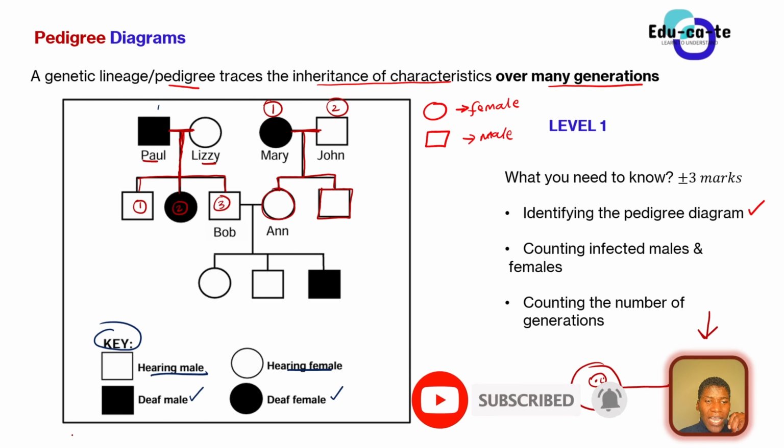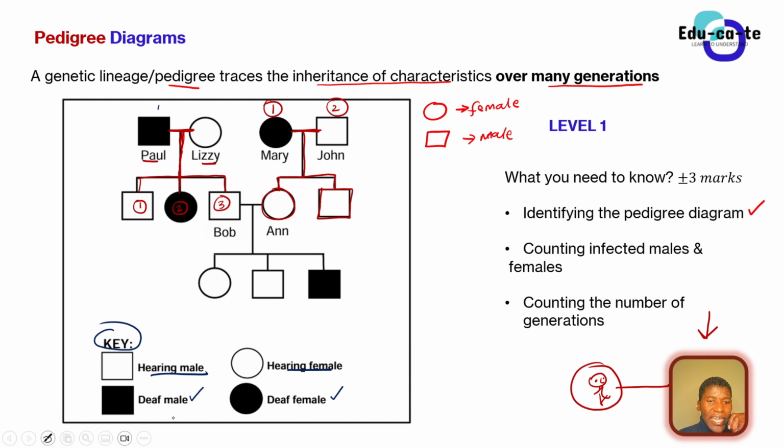Okay, now you'll see what else happens. Now that we've got the offspring, Bob and N: Bob is the baby from Paul and Lizzie, whereas N is the baby from Mary and John. So now Bob and N combine. We put a straight line between them like this. It means that they are making a baby. The babies that they make, here they are: one female baby and two male babies. So we've got one female and her two brothers. That's how you interpret them.